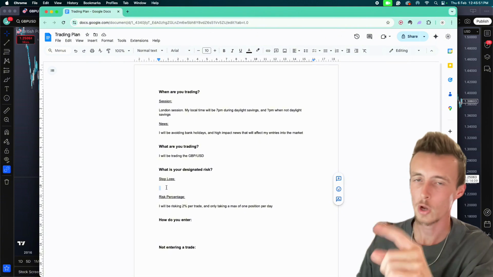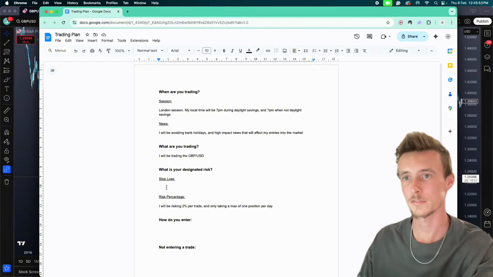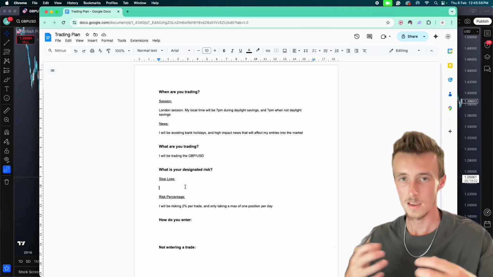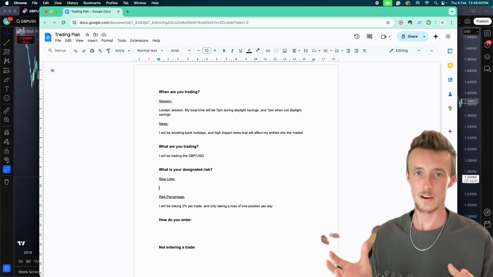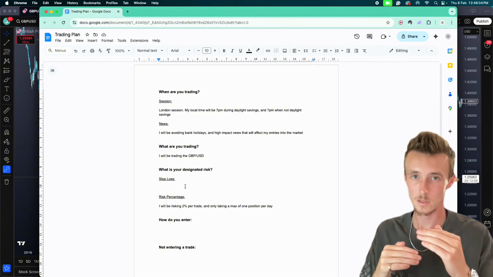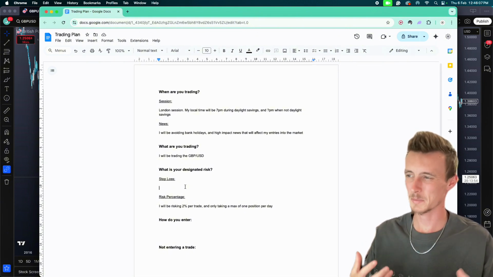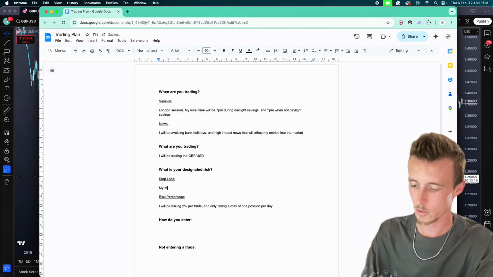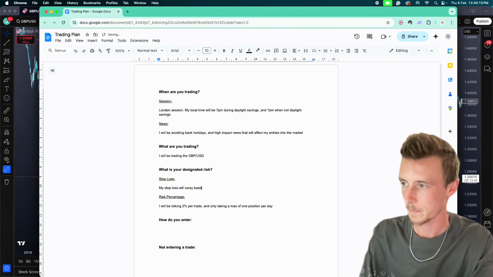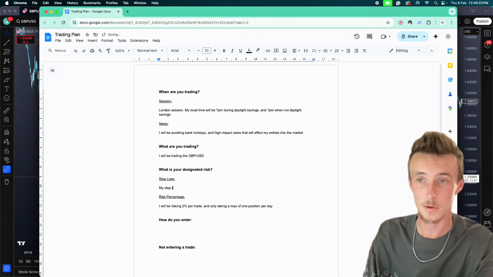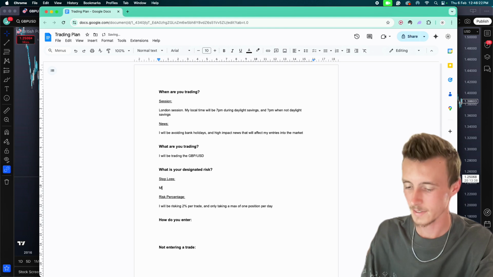Now, stop loss, I will be covering this a little bit further, probably in the next bit when I talk about my strategy. But stop loss, for me, my stop loss is going to be varied, right? It is not a set thing every time. It is not a 10 pip stop loss every single time. Some people trade something similar to that. But for me, it will be that my stop loss will vary based on the... Actually, no. I can write this differently. That's not even how you spell vary. Wow. My stop loss